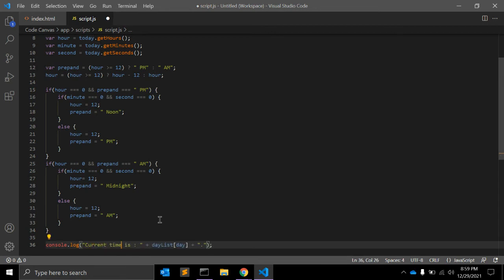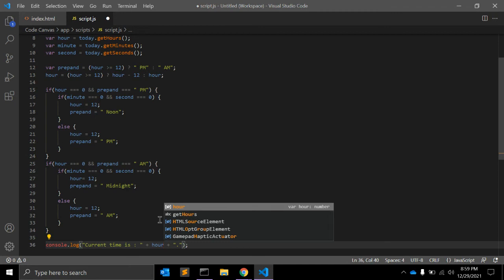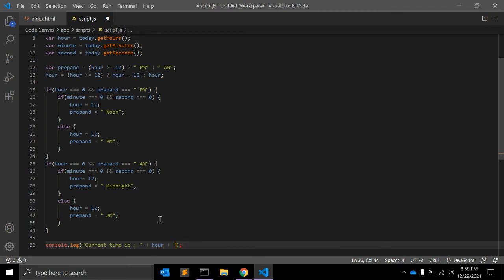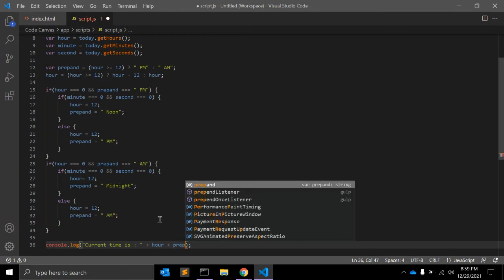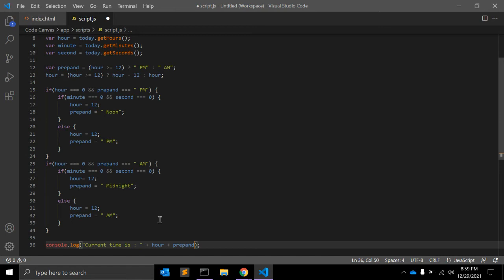You can use this: current time is here. Let's keep hour as it is, then the prepend value to check if it is AM or PM, plus let's add a space and colon, that looks fine, and minute, right, plus colon plus second.